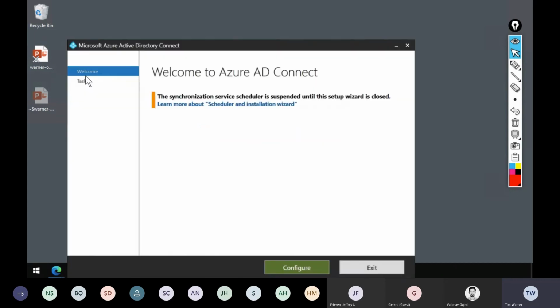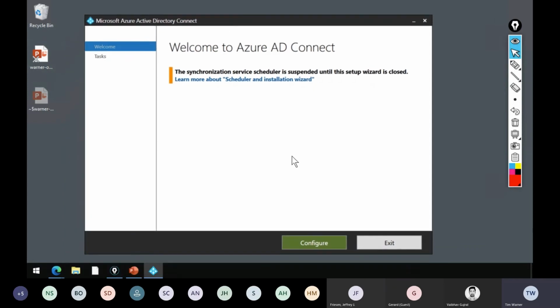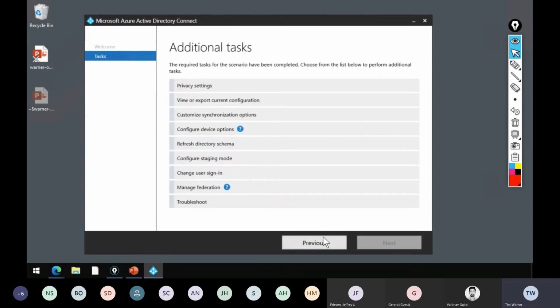Note that you're going to have top-of-the-line credentials to set this up. Hopefully that makes sense. You're going to need to be a global administrator in Azure AD, and it used to be that you had to be an enterprise admin level account in local AD, but Microsoft appears to have changed that a bit. So once you've got Azure AD Connect and synchronization going, you can come in and you can change any of these settings. And here's the staging mode, for instance.